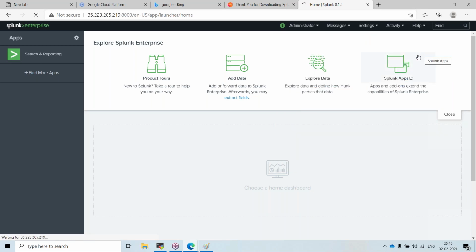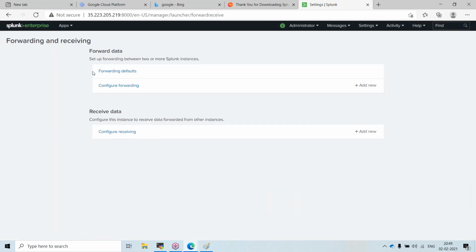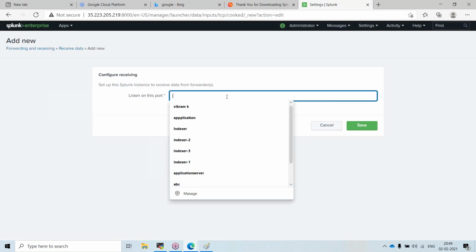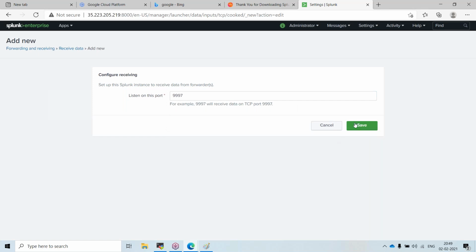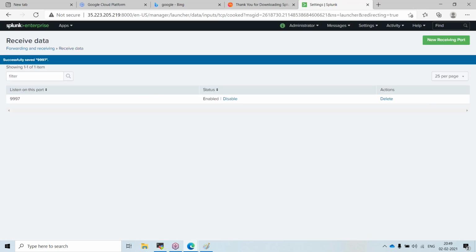There are two sections: forward data and receive data. I want this Splunk to receive the data, so I have to enable the port here. I have to click on add new, give 9997 and save. Now my indexer is ready. It will accept the traffic.